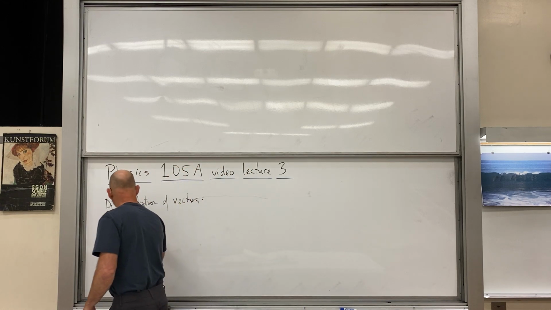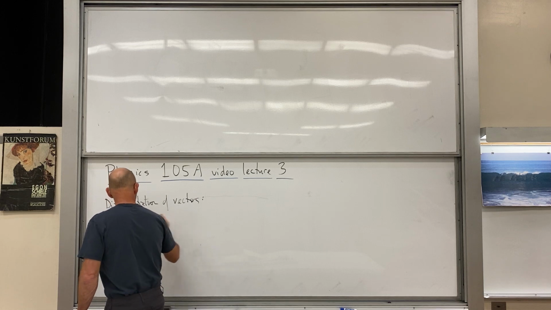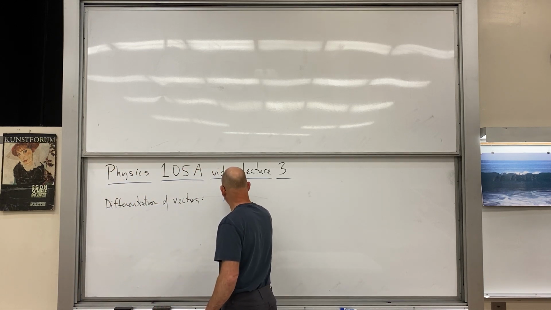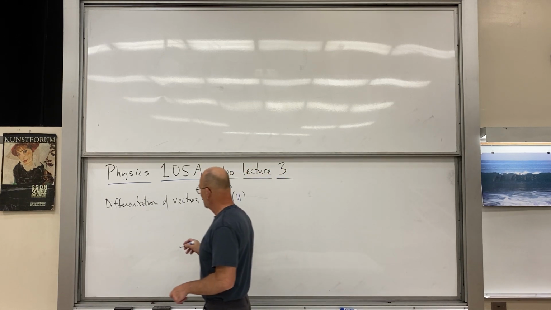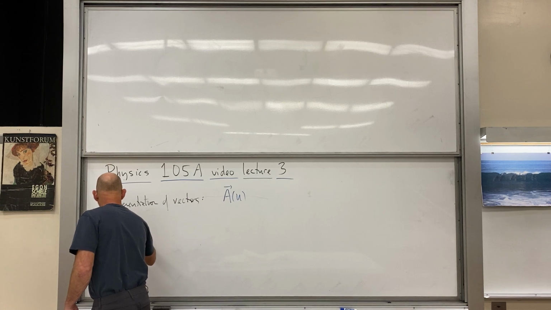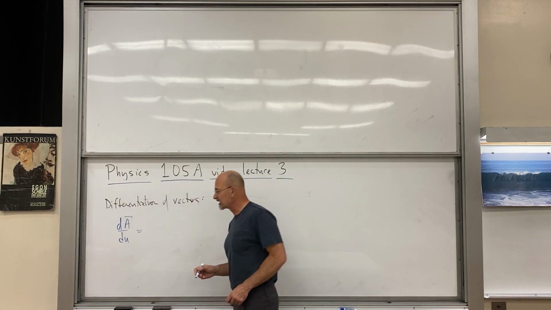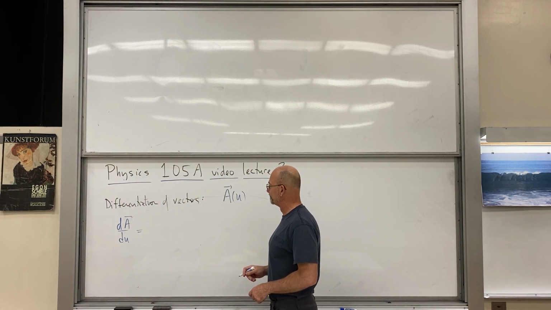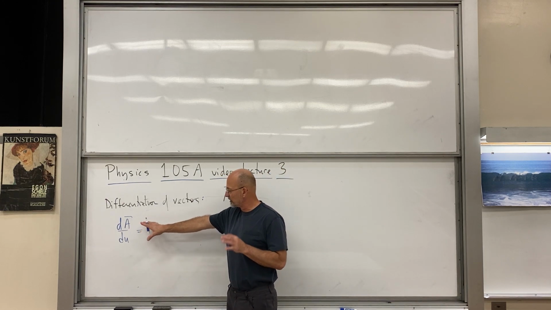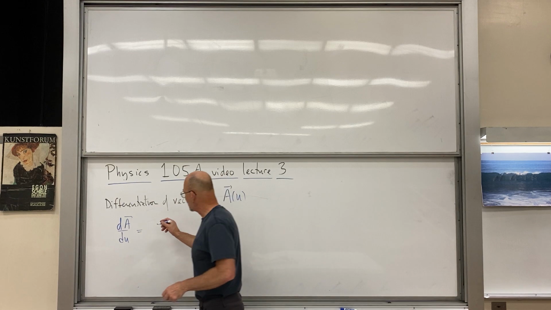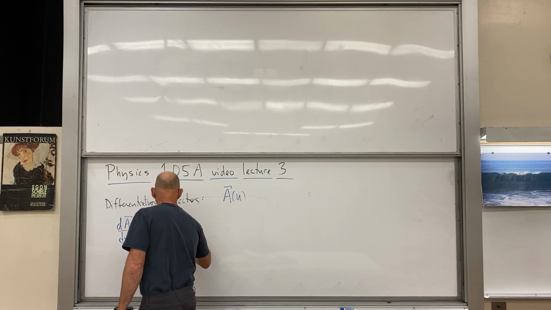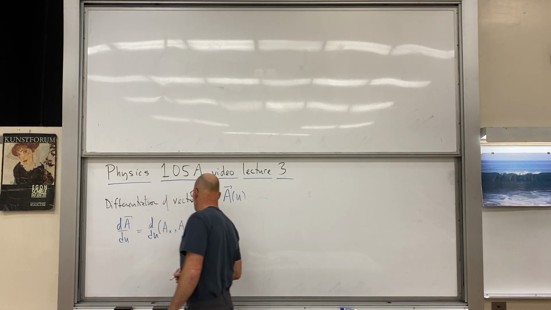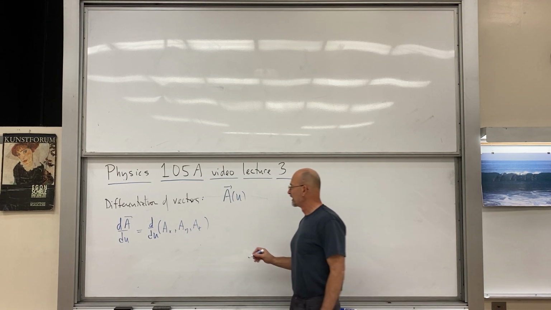So suppose we want to take the derivative, say we have a vector A as a function of a parameter u, okay? And we want to take its derivative. We can express that in a couple of different ways. When we do the kinematics, I'm actually going to do the constructions with arrows, but right now, suppose we have the vector in terms of it being an ordered triple. Okay. Then we can call that